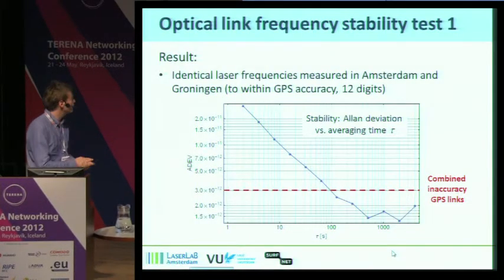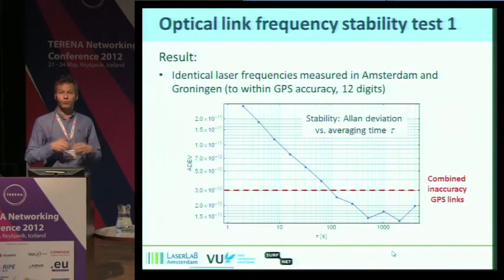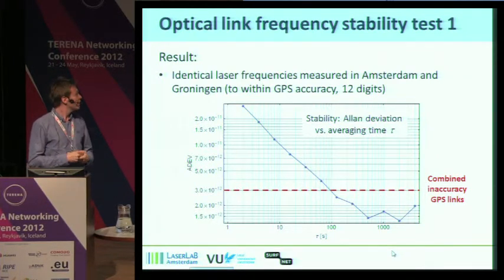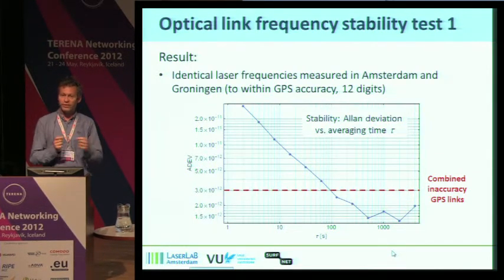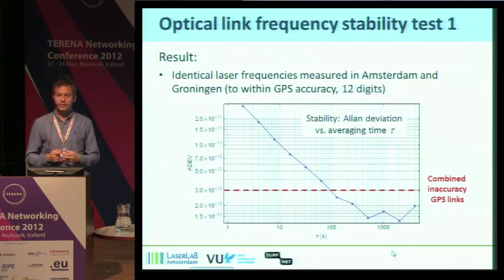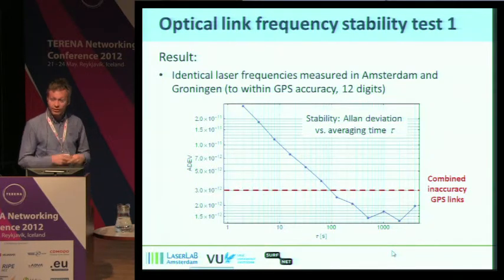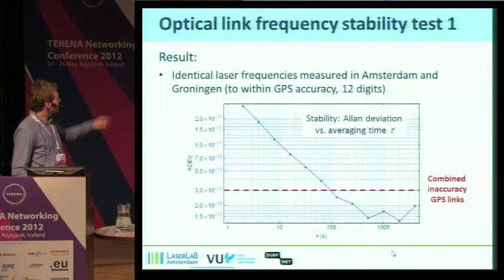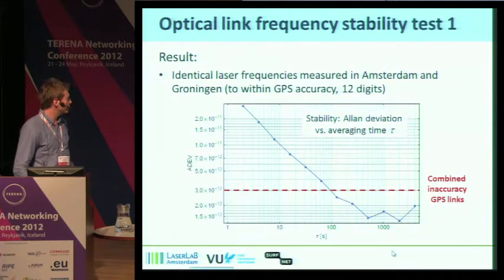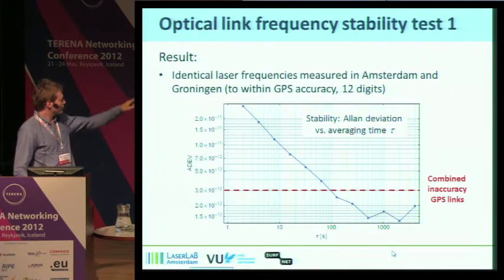And what we can do then is we take our optical frequency comparison, and we can make a so-called Allan deviation plot. Because the longer you measure an oscillation, the longer you average, the higher the accuracy or the stability of your measurement will be. And that's indicated in the plot here. And what we see is that the stability of the frequency comparison through the optical fiber goes below the 3 × 10⁻¹² accuracy. That's a fractional accuracy. And then it starts sort of leveling off.